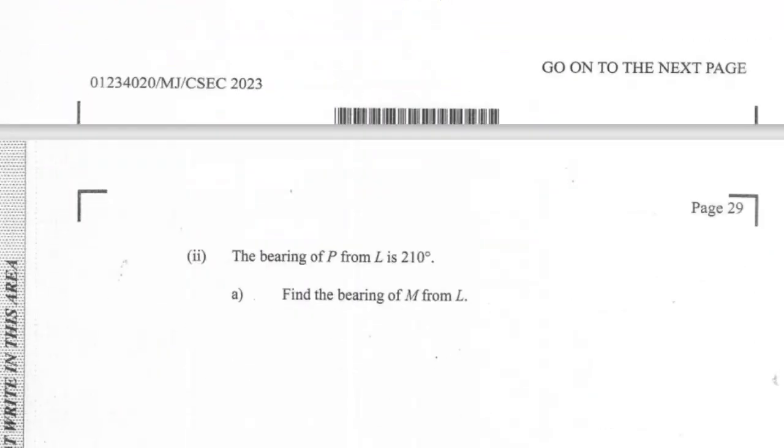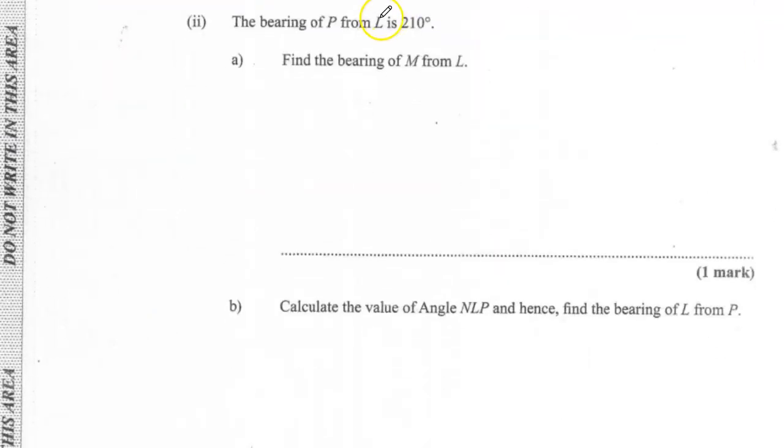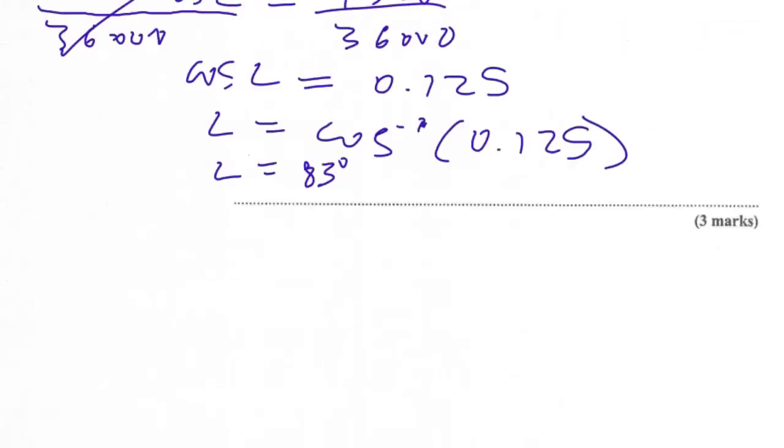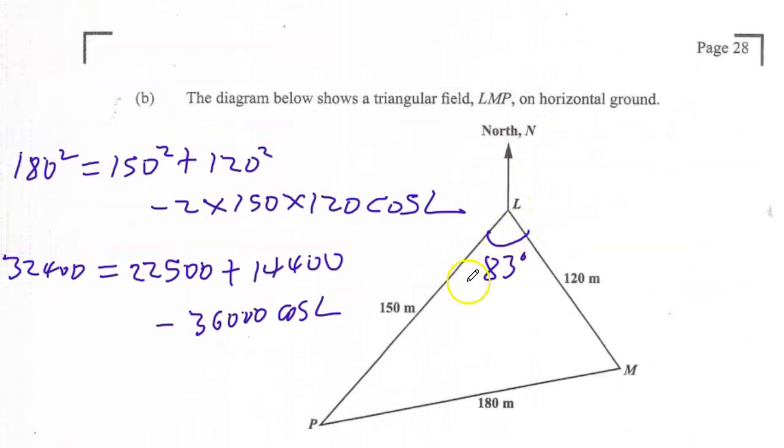Alright, next we're asked to find the bearing. The question says the bearing of P from L is 210. So this angle is 210. The bearing of P from L means from the north of L. So the bearing of P from L is 210, which means that the angle there,